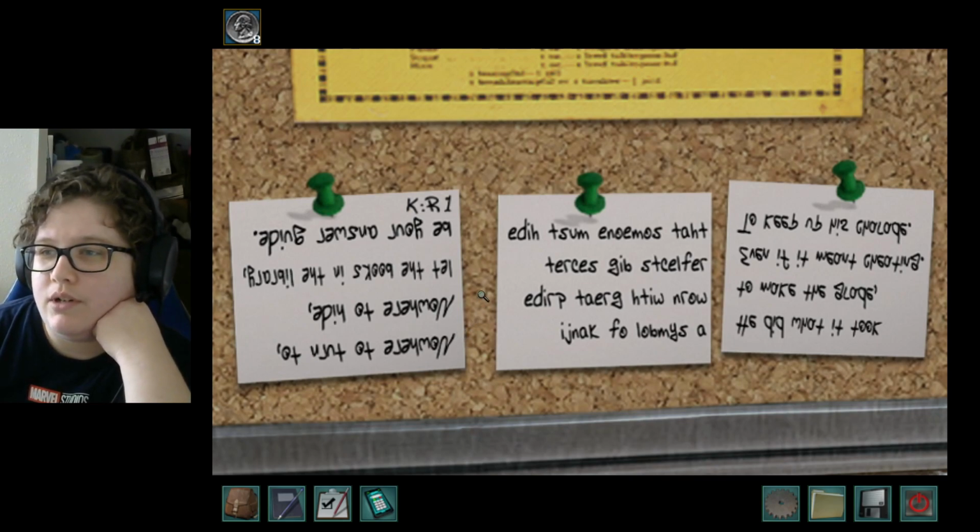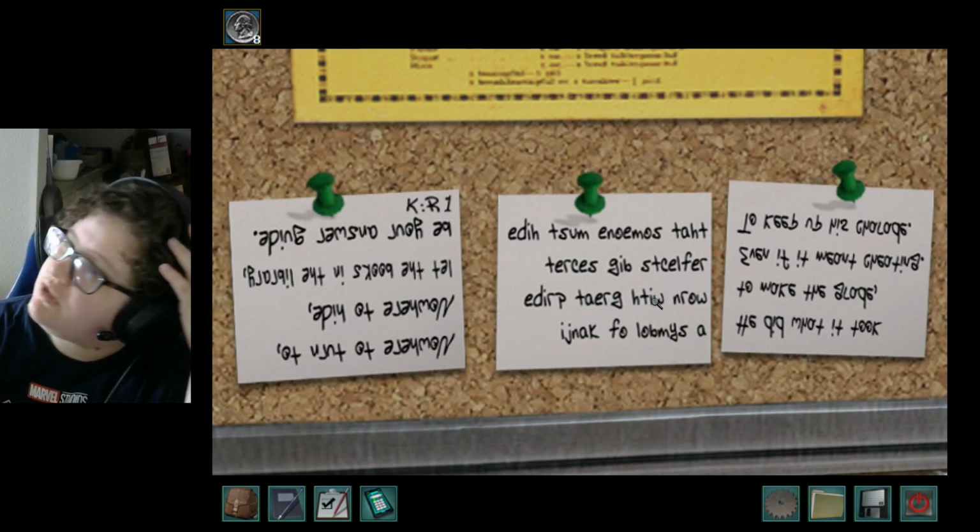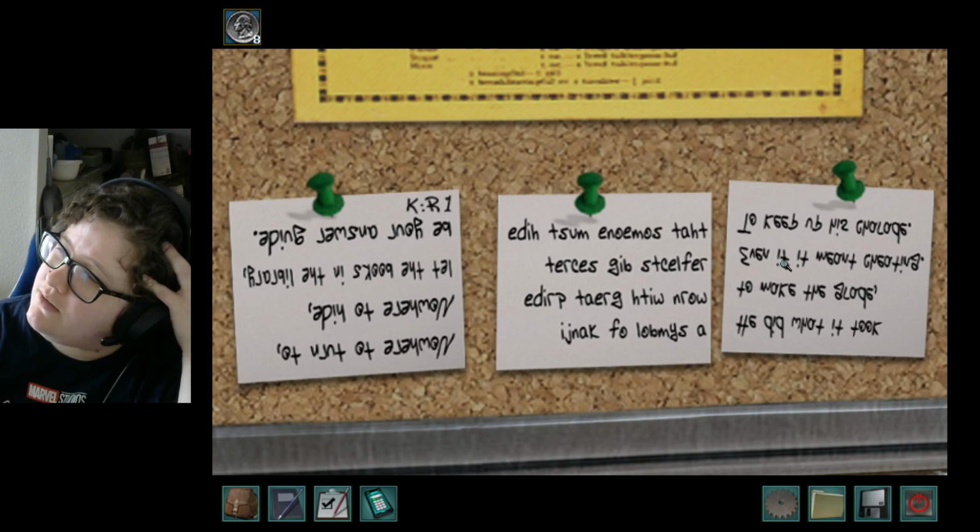Nowhere to turn to, nowhere to hide. Let the books in the library be your answer guide. Which we know that he rearranged. That someone must hide. Reflects big secret. Oh. A symbol of kanji. Worn with great pride, reflects big secrets that someone must hide to keep up his